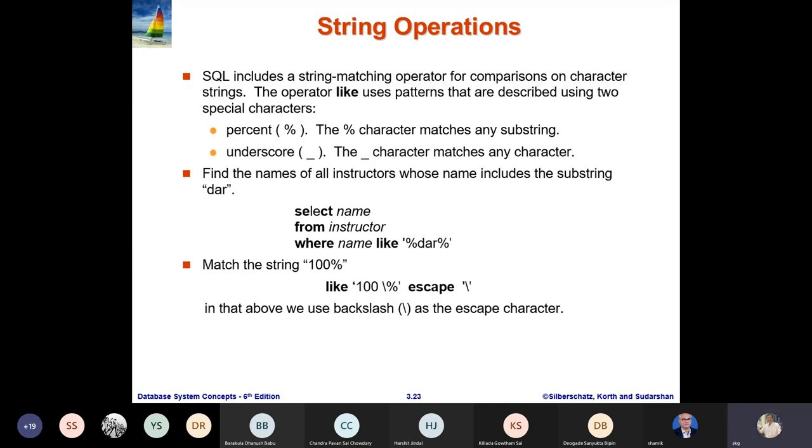While dealing with strings, there are some special features which need to be looked into. SQL includes a string matching operator for comparison of character strings, right? The operator like uses patterns that are described using two characters. One is percentage, which matches any substring, and underscore, the underscore character matches any character, right? So like here